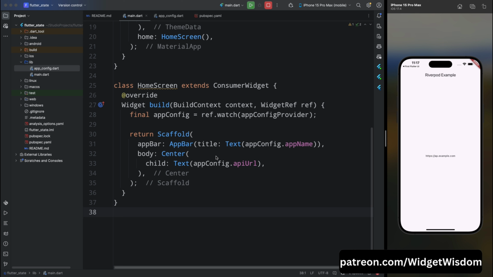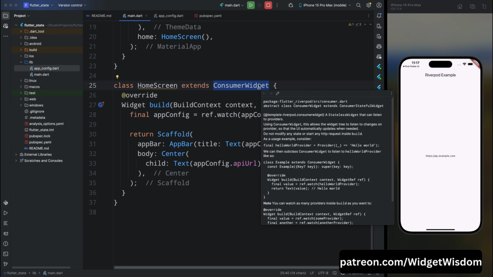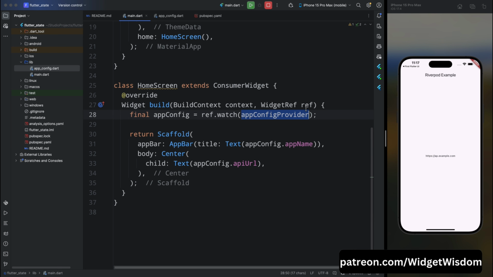So now let's summarize this code. Here we have consumer widget. So it simplifies accessing providers without having to manually wrap the widget in a consumer. It provides the ref object that allows you to access and interact with providers in the build method. Then we have this ref.watch. So this is the method used to read the value of the app config provider or any widget in the widget. In this case, provider is immutable, meaning the data is static and it does not change during the app's